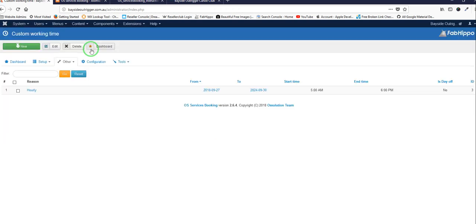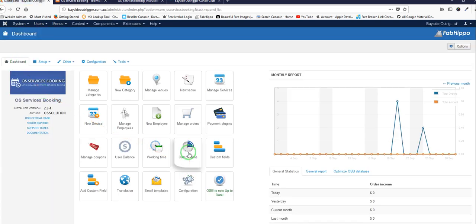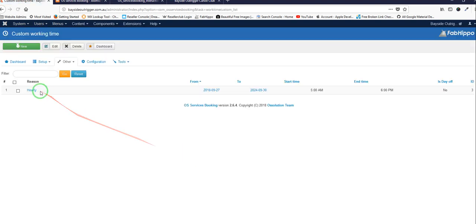So, and I don't know how to make it work. It may well do it, but I don't know how you make it work. I then thought that perhaps in the custom time slots I could add multiple time slots. So I could add 5 to 6, 6 to 7, 8, all the way to the end, and then the last one would be all day from 5 a.m. to 5 p.m. But I can't see how that